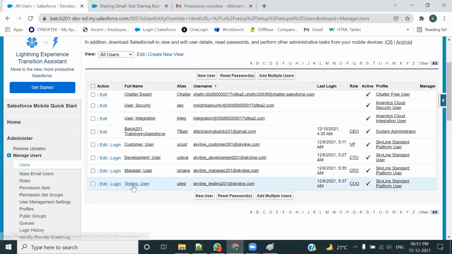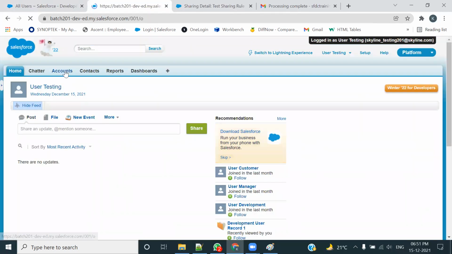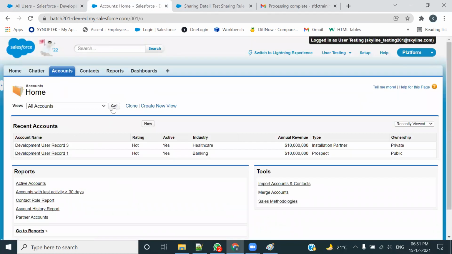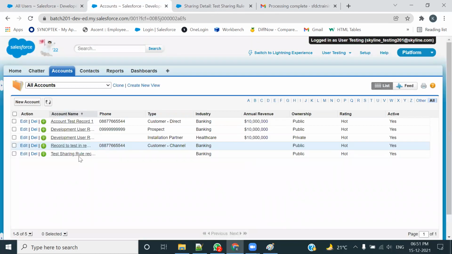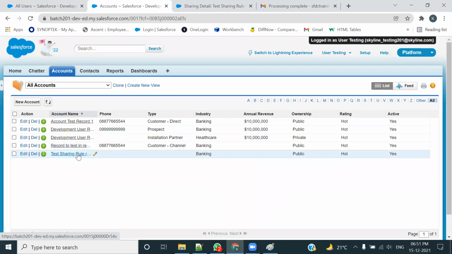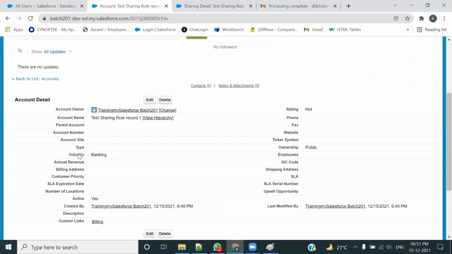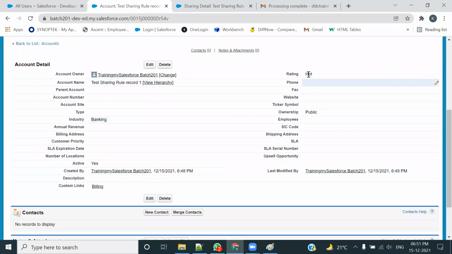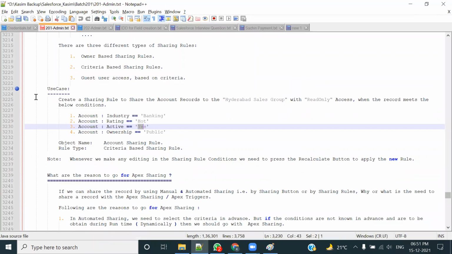Testing. चलिए, हैदराबाद सेल्स ग्रुप में दो मेंबर हैं, कस्टमर और टेस्टिंग। कस्टमर को तो दिख रहा है, टेस्टिंग पे जाके देखते हैं कि टेस्टिंग यूजर को दिख रहा है कि ऑल अकाउंट्स। टेस्टिंग, देखो आप ये टेस्ट शेयरिंग रूल रिकॉर्ड नंबर with industries banking, rating as hot, ownership as public, and active status as. So this is what it means by automatic sharing. इस तरह से ऑटोमेटिक शेयरिंग की जाती है, ठीक है।